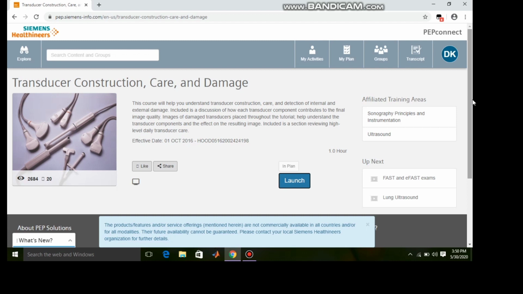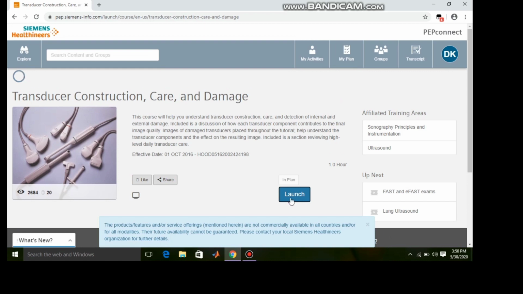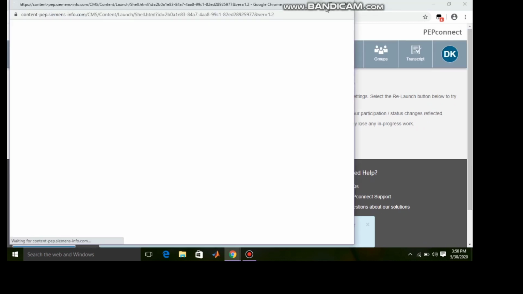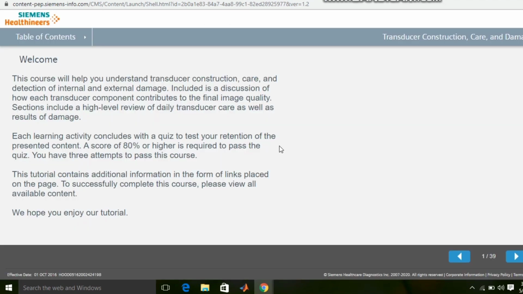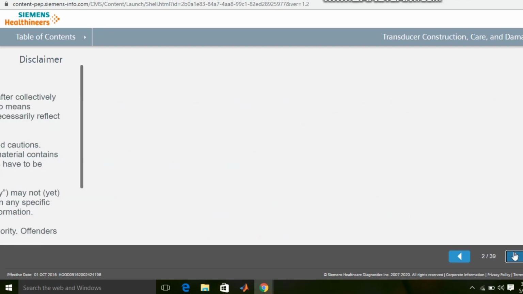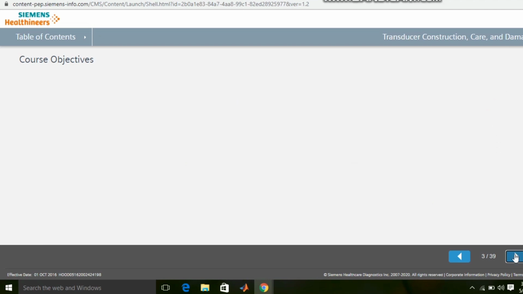Wait while loading. This topic is started. It contains 39 pages. At the end, there is a quiz. You need to pass that quiz to get the certificate.